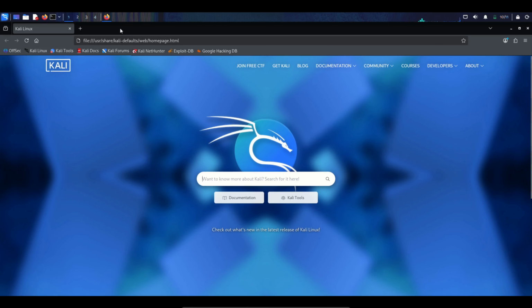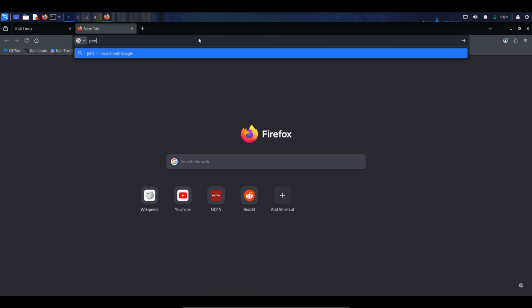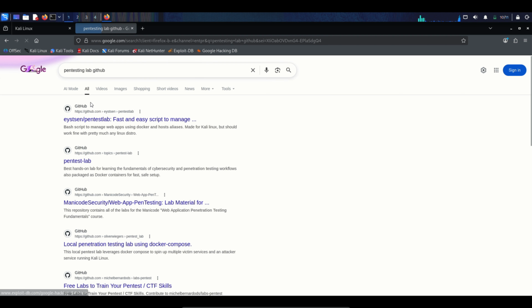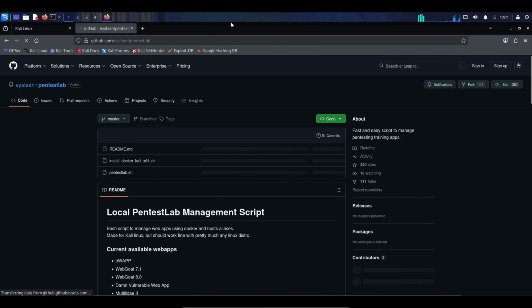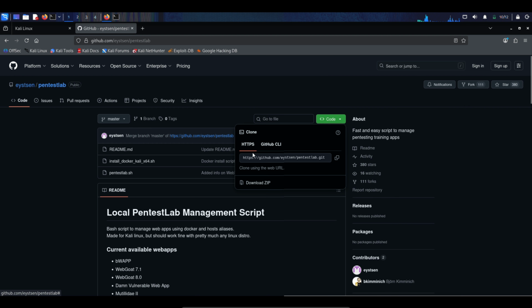So open up your browser. Here, search for pentesting lab GitHub. Go to the first option. Here you can see that. Just click on it. Alright, so in this page, go to code under HTTPS, copy the code,